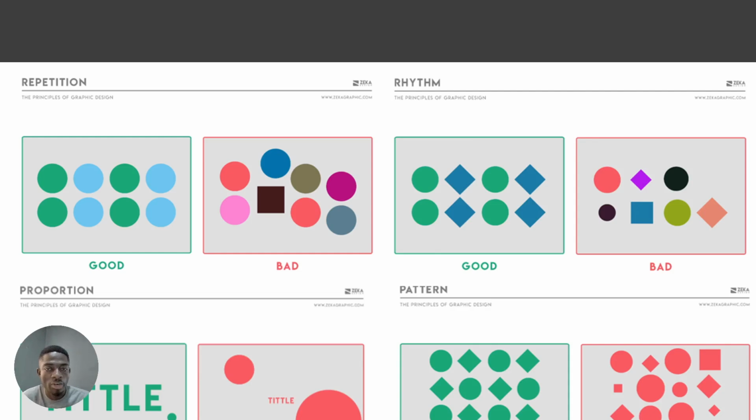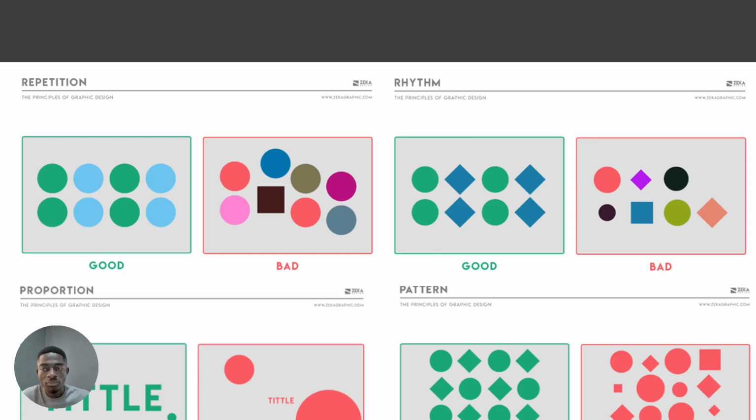Good repetition is where we have, for instance, circles here. Just focus on the shape itself. Don't focus on the color yet. We have circles here being repeated. Over here we have a cube inside. This is even balanced where we have 4 shapes here, 4 shapes here. Over here it's not balanced, it's asymmetrical. And it's bad, but that doesn't mean that we can't use it. Sometimes you may want to use some of these elements